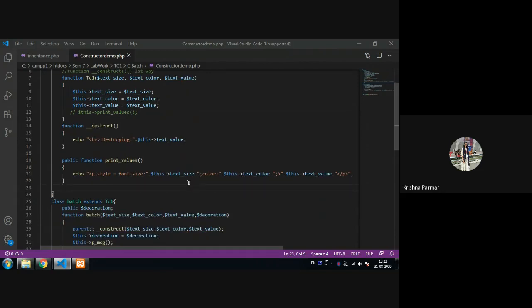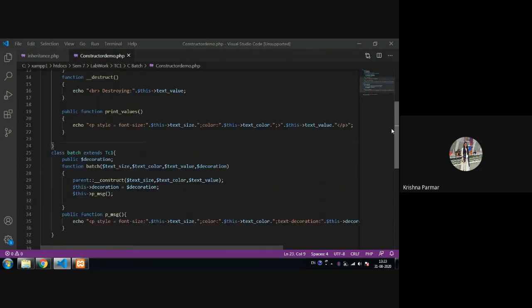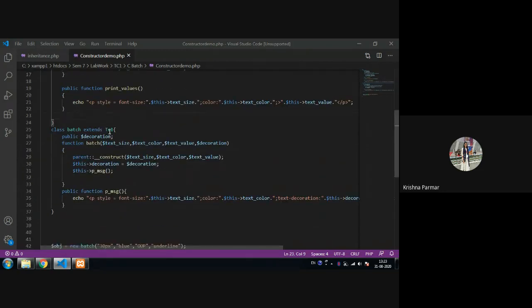Fine. Then we create another subclass, or child class, which extends our parent class, that is my TC1. Here I add one more property. When I create a constructor of this class, I take the first three parameters as the base class constructor, and one more parameter that is my own. This way I call the parent class constructor.